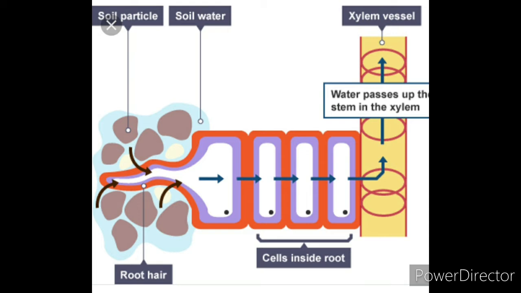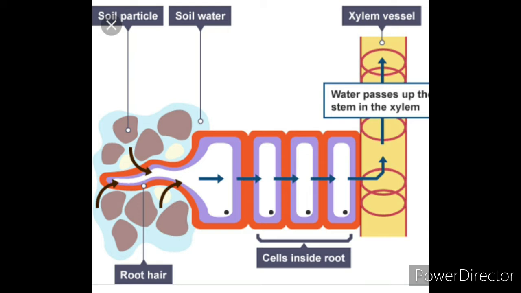Finally water enters the xylem vessels, as there are a vast number of root hairs and root cells involved. Not only one root hair is involved in the absorption of water, so many root hairs are involved, right children? So many root hairs absorb a large amount of water, and slowly the water enters the xylem vessels, and a pressure develops in the xylem vessel which forces the water upward. This total pressure is known as root pressure.